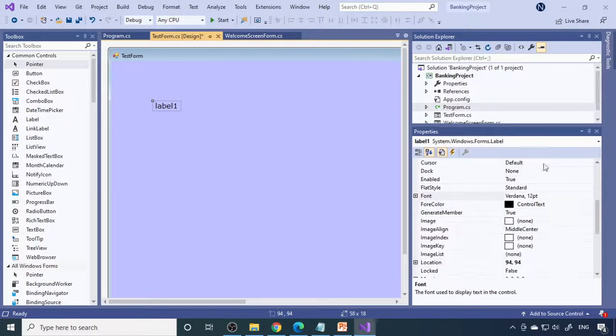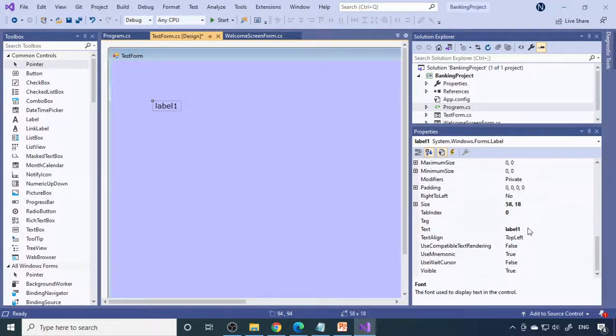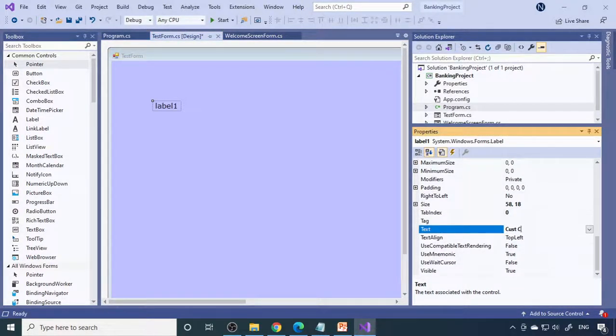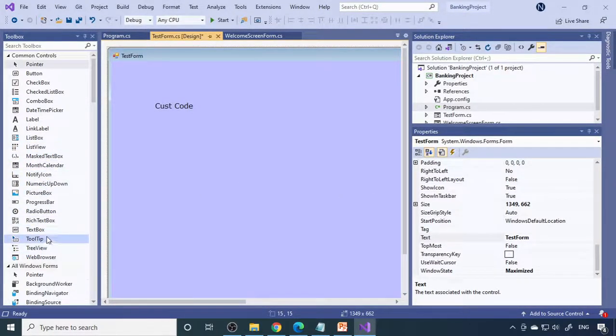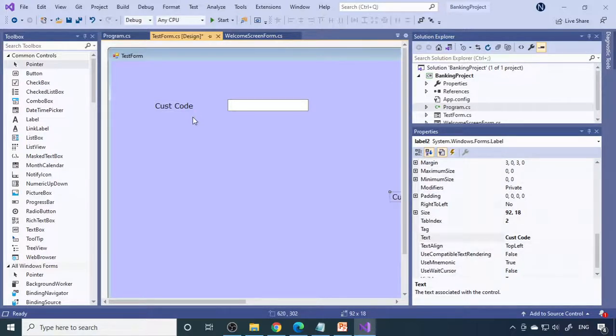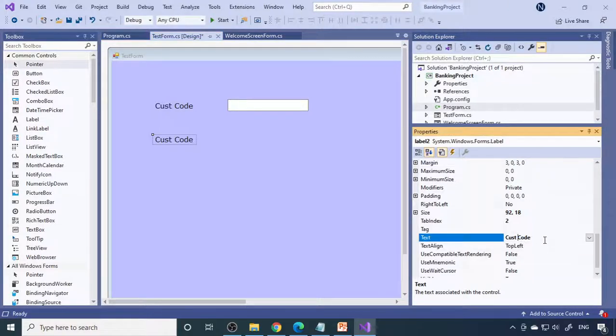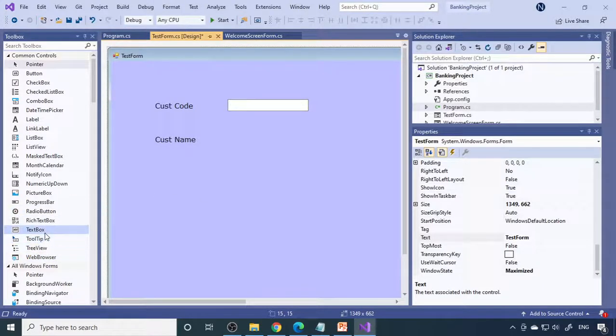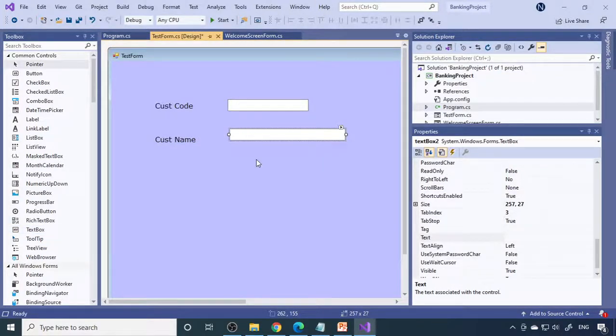So here you can say Customer Code. Label customer code is done. So now you want a text box. So therefore you need to select the TextBox here. Then drop it. So the text box came. That is text box one. Next is the customer name. So copy and paste. So now call it customer name. So again you want a text box, you can drop from here, otherwise you can copy and paste it. So anyone will do the job. Okay, I'll take it from here only. So customer code, customer name.